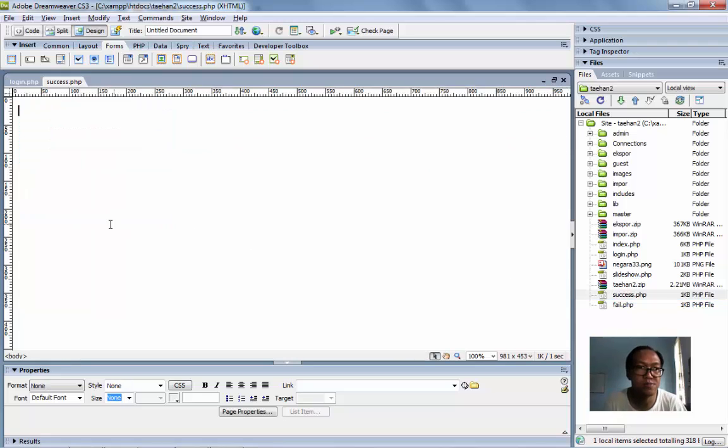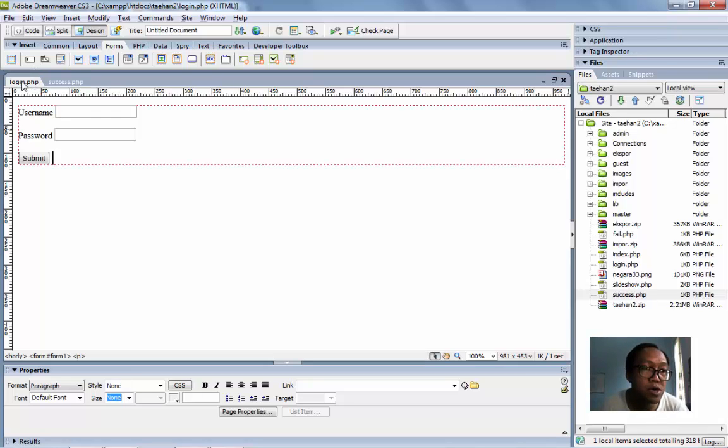In the success login, you can open the success login page and then type, for example, success, so you can test it.